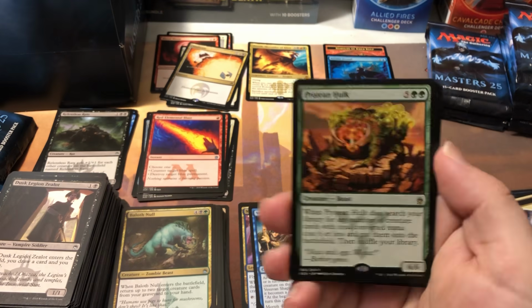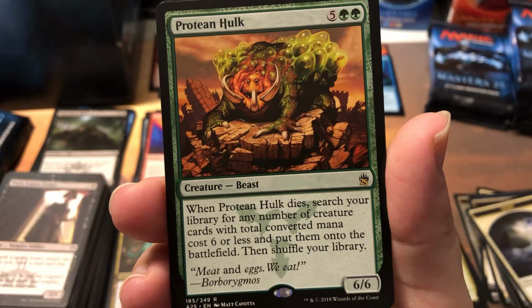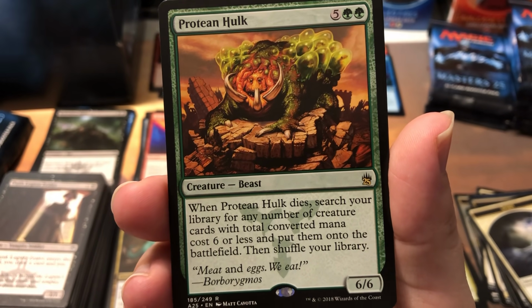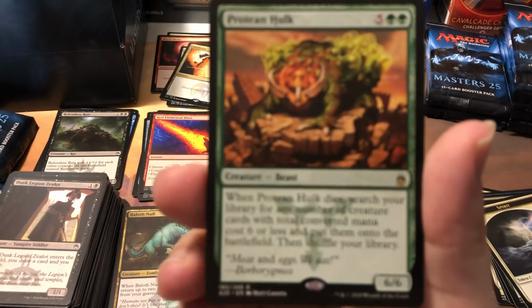I'll take a quick look-see. Oh yeah, it'd probably help if I put the card up there so you can actually read it. Basically, when he dies, you get to search your library for... oh, he actually is on the first page. He's a $9 card. Okay, so when he dies, search your library for any number of creature cards with,